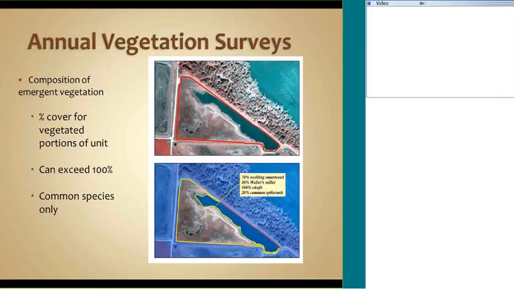Vegetation often exists in canopies, so there's always some overlap between